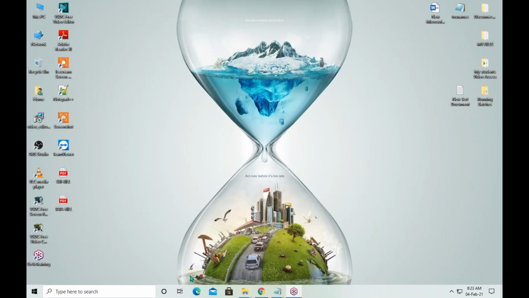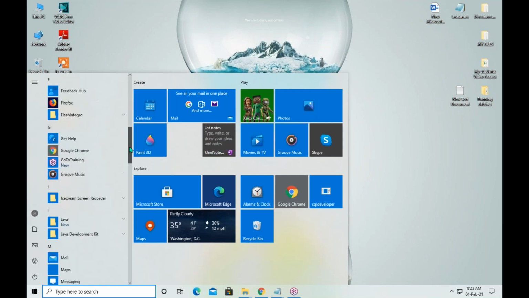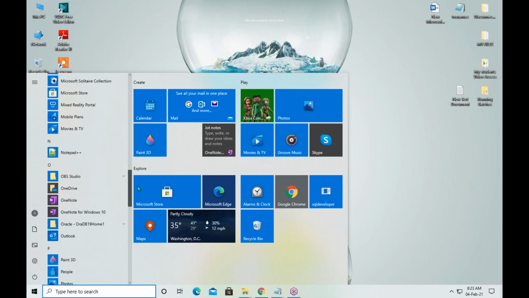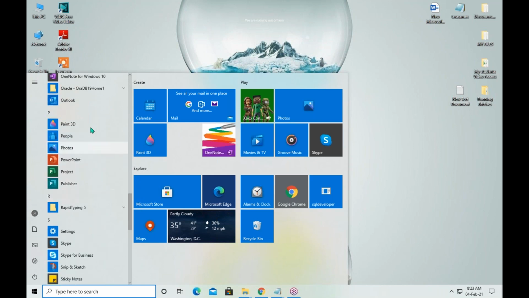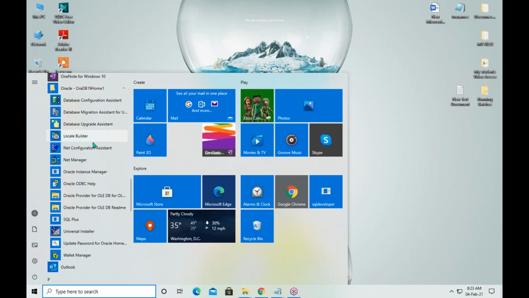Come to here. Go to the Start window. Go to Programs and switch to the Oracle folder. Here is the Oracle folder. Select it and then select SQL Plus.